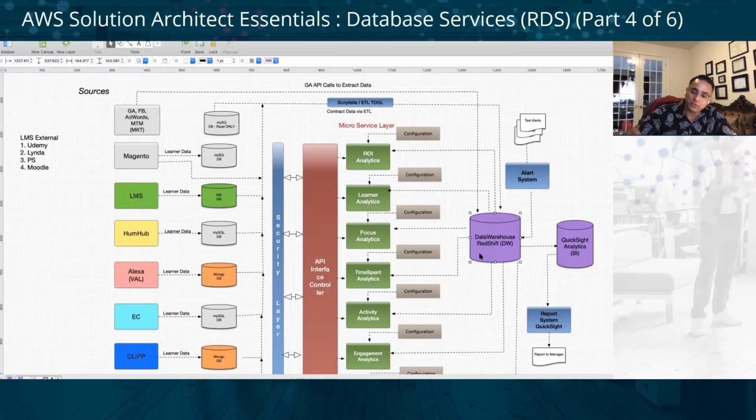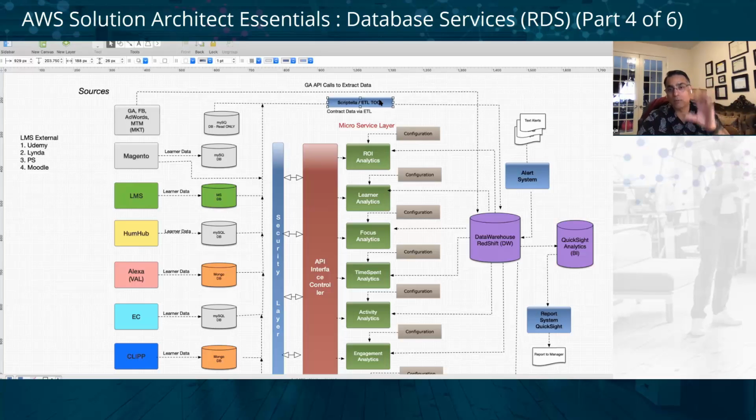So that Redshift data warehouse hosts all of the data from different sources, right? Of course, you have to define your schema and whatnot, and you do have to have some sort of an ETL tool, right? So extract, transform, and load the data. We are using Scriptella, but you can use any other tools that are available. This is a free open source tool that we are using, built in Java. Myself and a couple of my team members are really well versed in Java, so we decided to use Scriptella. And what this does is basically the ETL, the extract, transform and load from different sources